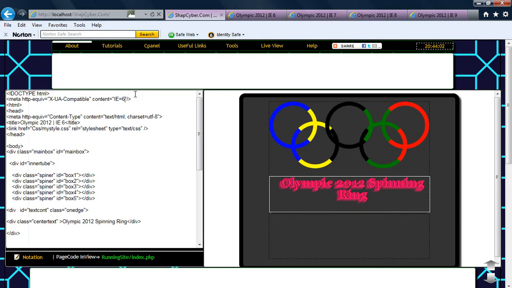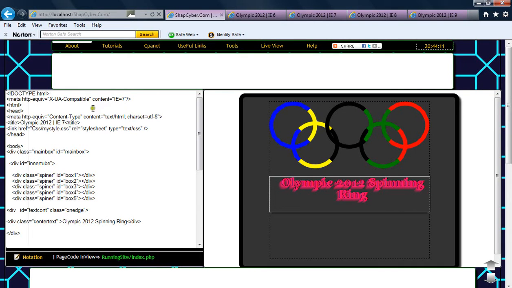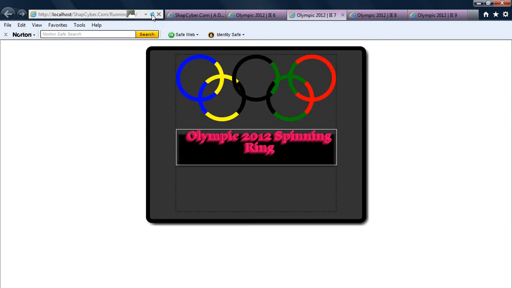So if we go again now and try it in 7, even with that solution, it's still not perfect, but at least we might have to leave this as it is. Let's see how it looks in 7. See, the same thing, but the circle is better, the shape is better. The text shadow is the big problem that we're having here. Still, it's not coming up. So let's see how it looks